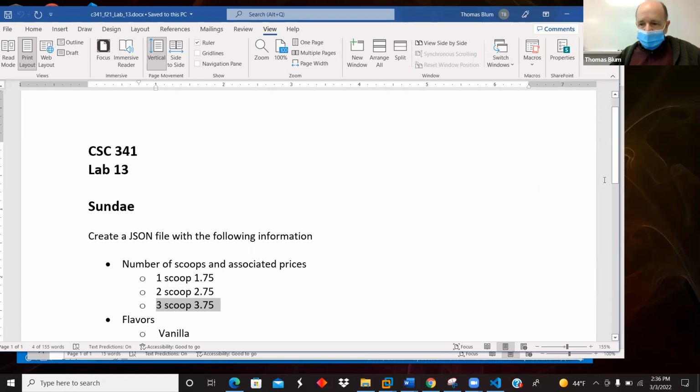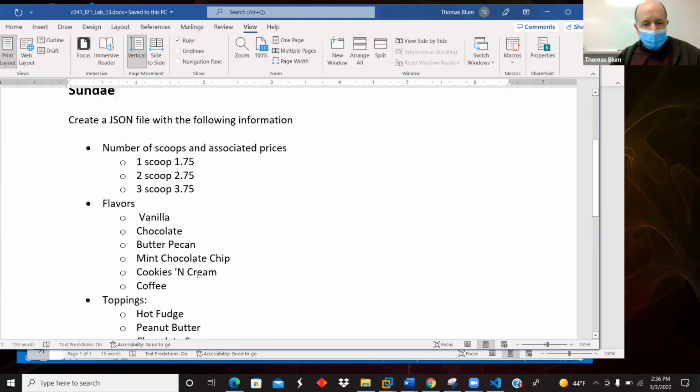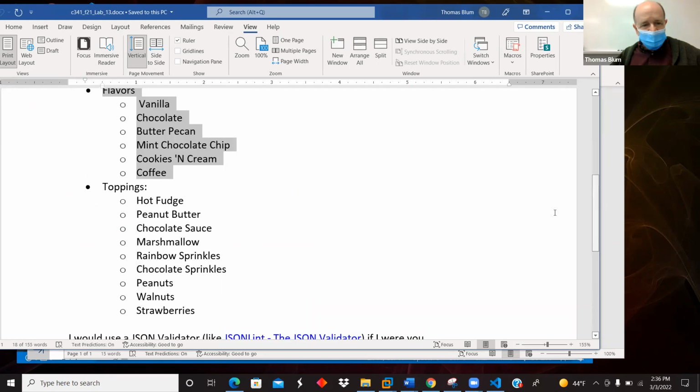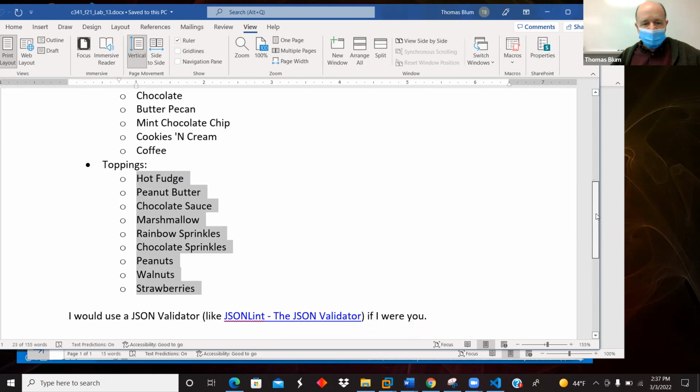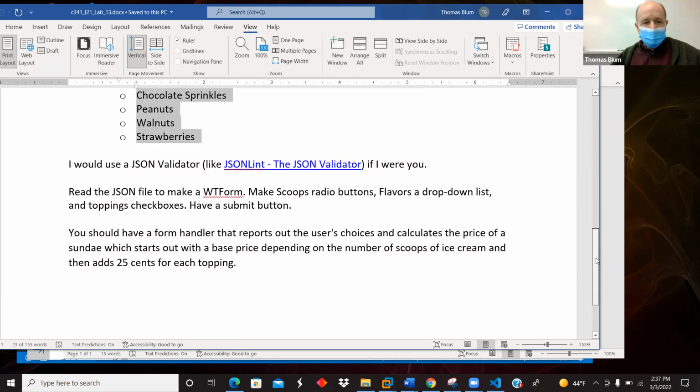And then there are the flavors. And I think they'll choose one flavor. There are toppings. They can choose more than one topping, so that will be check boxes. And